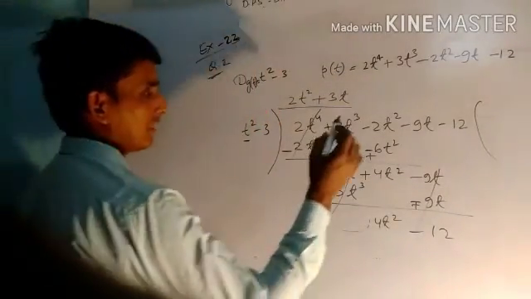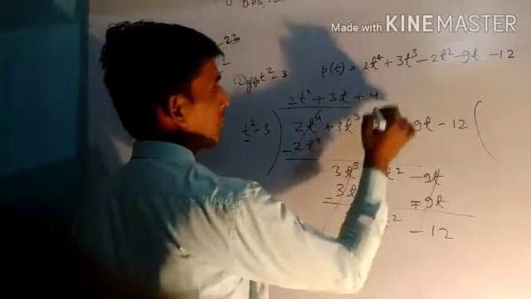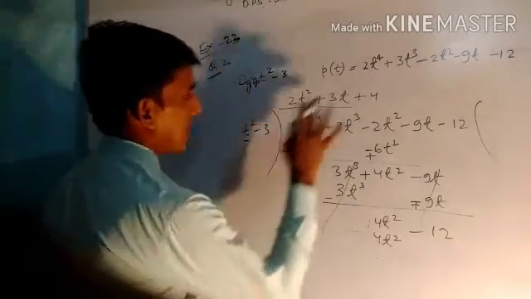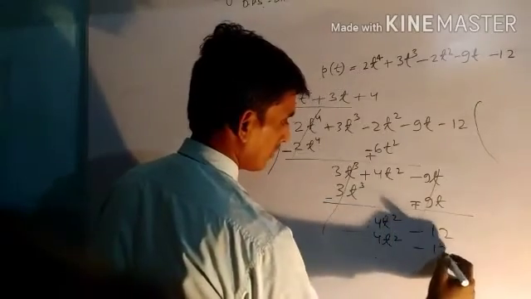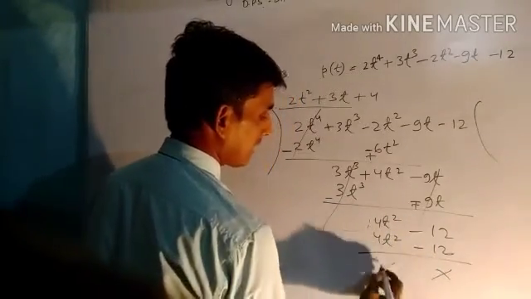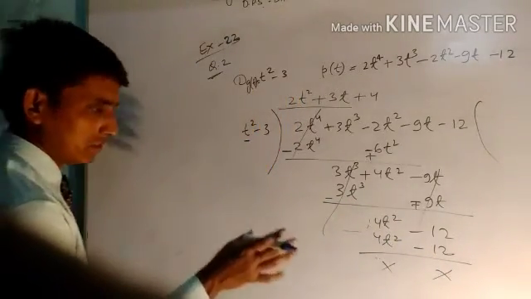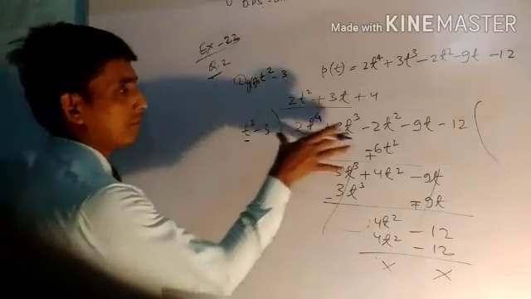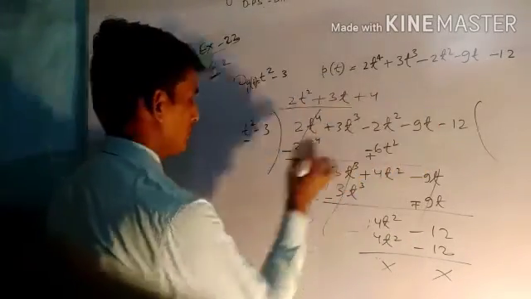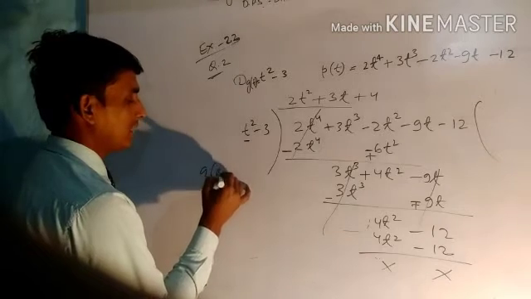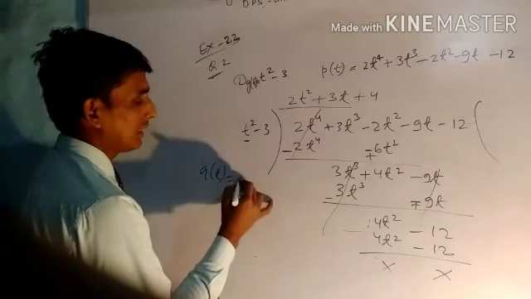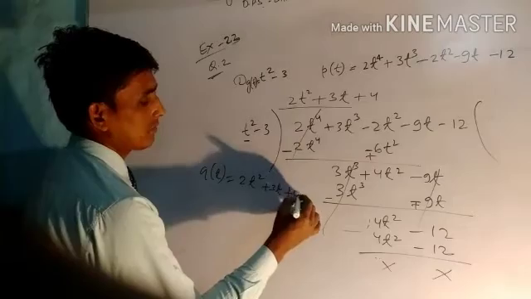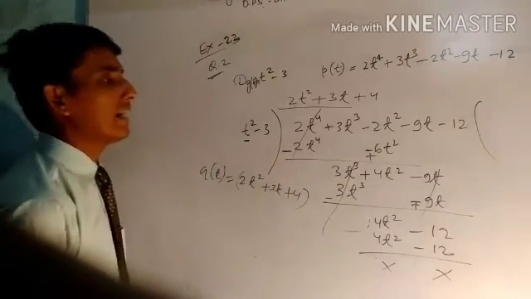So now if we multiply with 4, so 4 into t square, 4t square minus 4 minus 3 into 4, that is 12. So if you subtract, it will cancel out. So you are not getting any remainder. It means this polynomial is completely dividing this polynomial. So here you are getting quotient polynomial q(t) equal to 2t square plus 3t plus 4. So it is completely dividing.